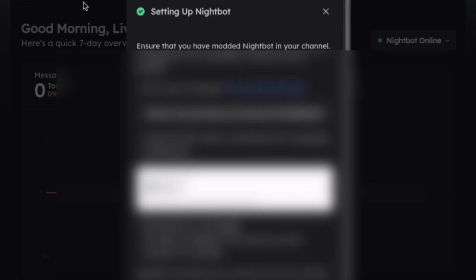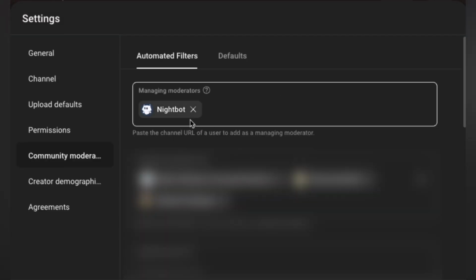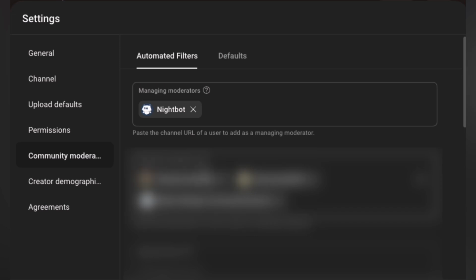I'm going to go back into my community settings, and there he is. So even though it was just that link, now Nightbot is set as a managing moderator. Most of the moderators that you have on your channel are going to be your standard moderators, and there's